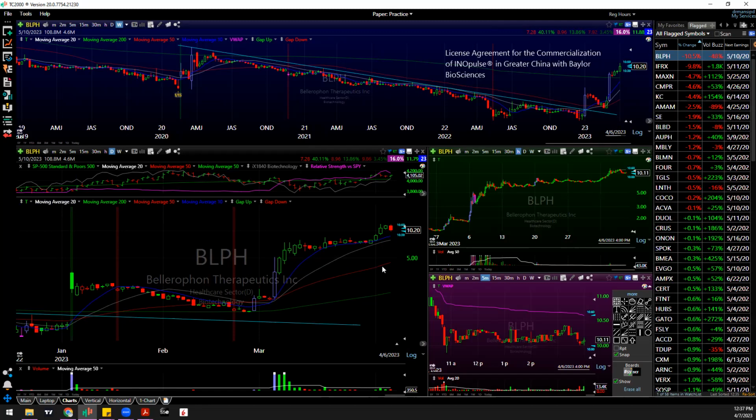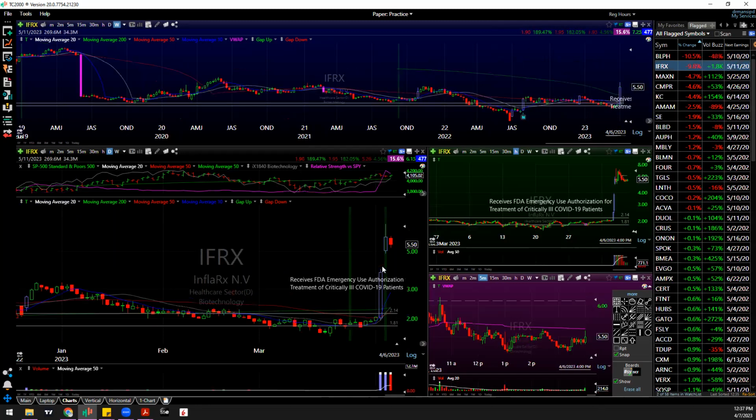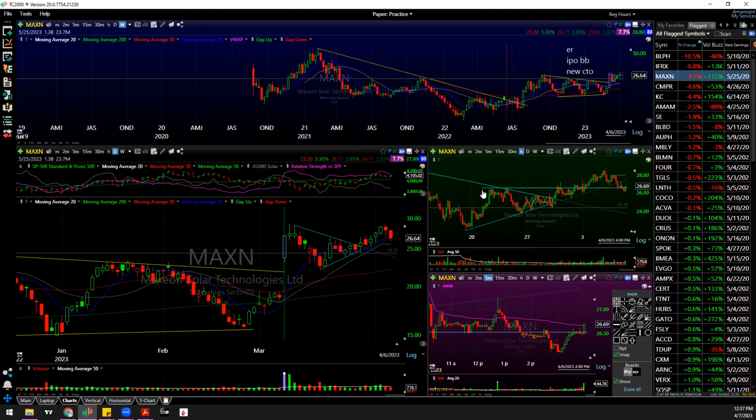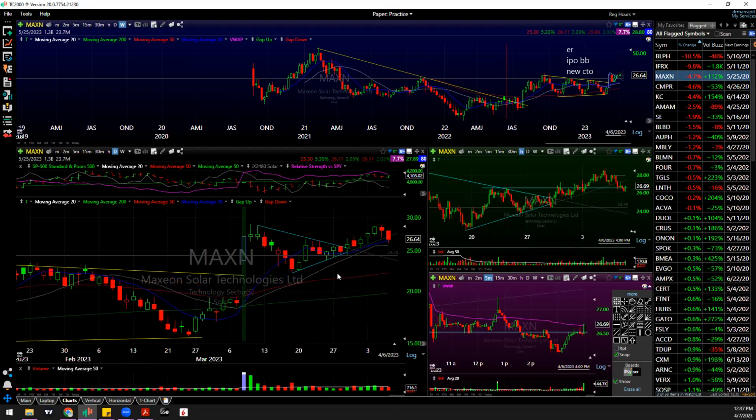Okay, so let's go. So BLPH, nothing to do here. Nothing here. Okay, Maxon. This is forming a 2-day pullback at a really good pivot. You can see this here if I zoom in